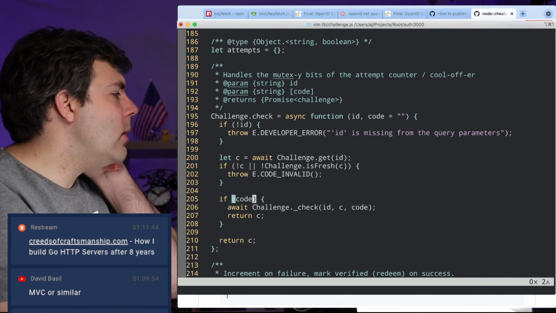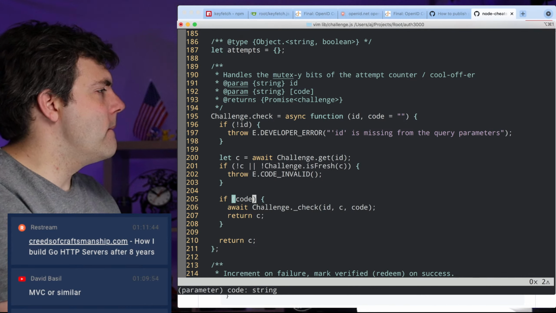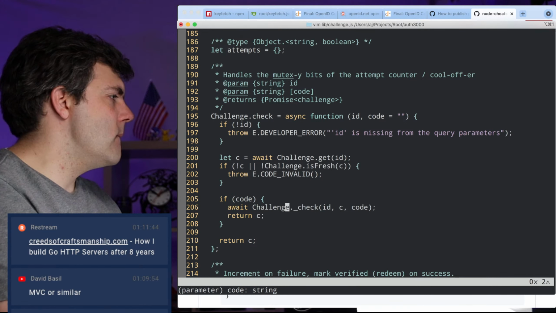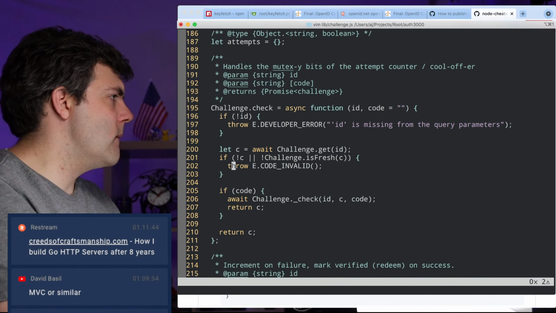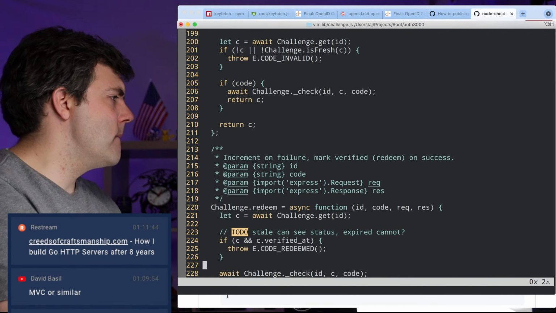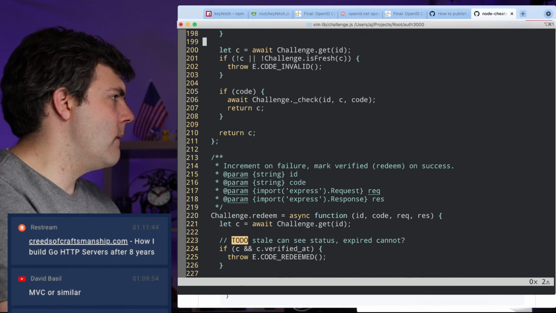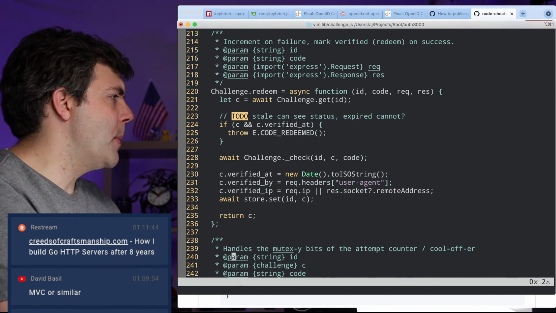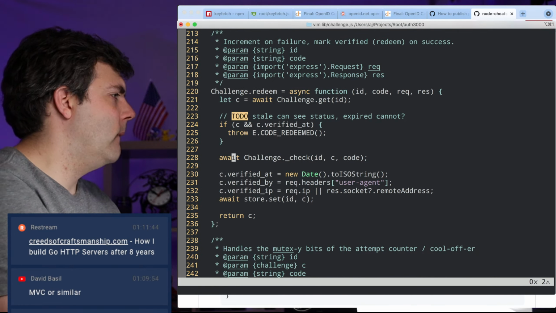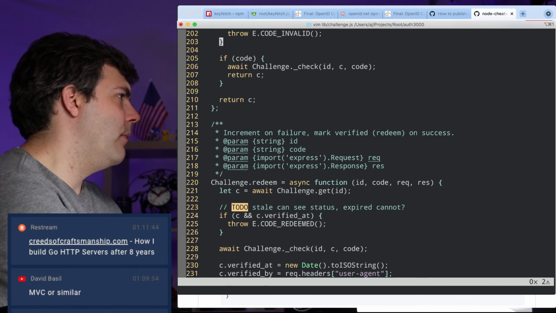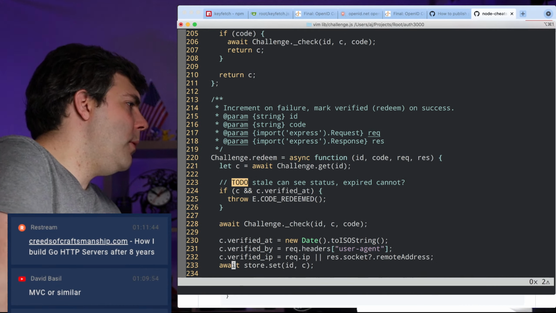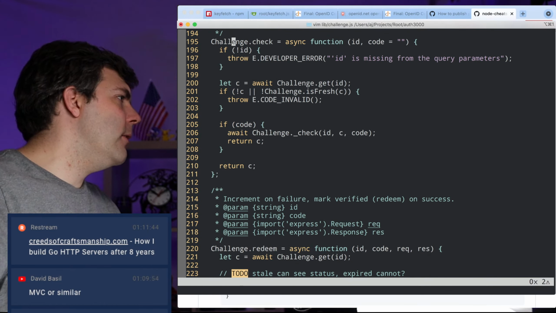So if there's a code, then we're going to check it. So in both of these cases, there's a way to fail early.